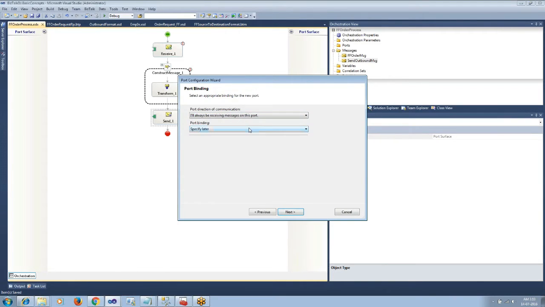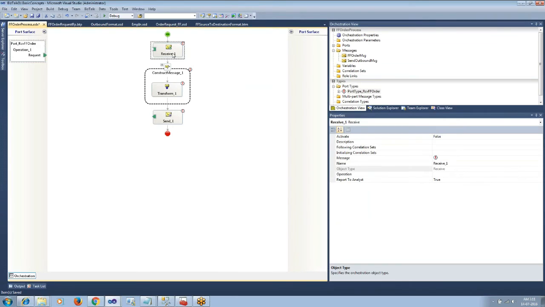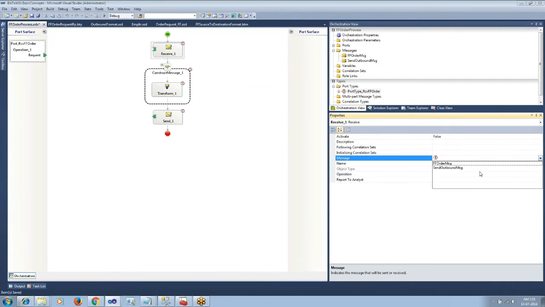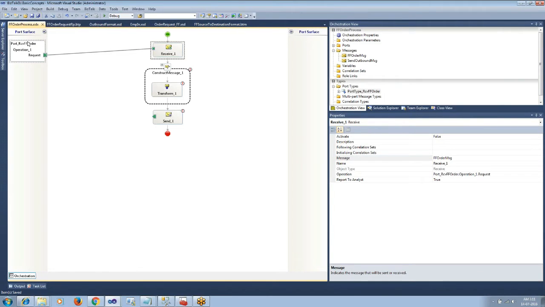I will go for the port binding, specify later. Specify now means we have to specify the address in the development time itself. I will use specify later and finish it. I will apply the message on the receive and map the logical port to the receive.